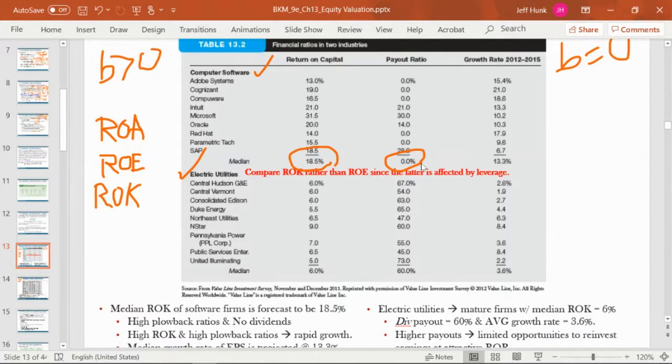Of course, the average would not be 0, because there are companies that are paying out like 30% even. But that means the median plowback ratio is 100%. Median, right? They are paying out 0 as dividend, and they reinvest all the retained earnings, all their earnings, right? So the median growth rate is what? 13.3%. Whereas